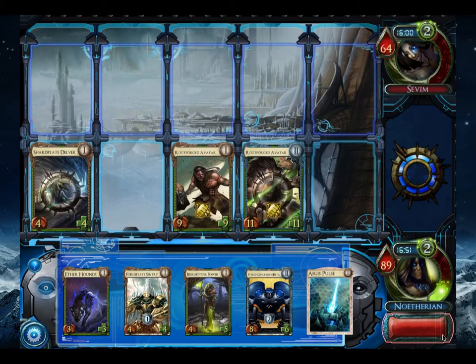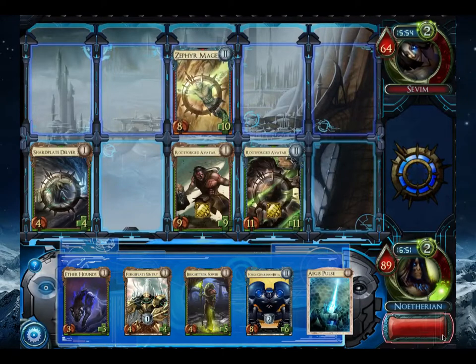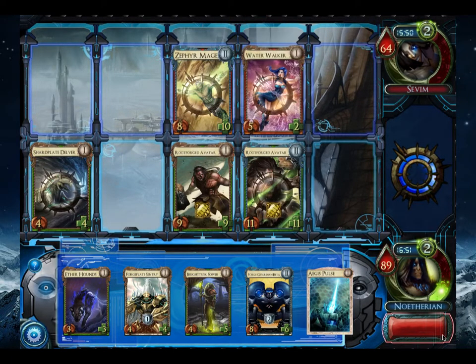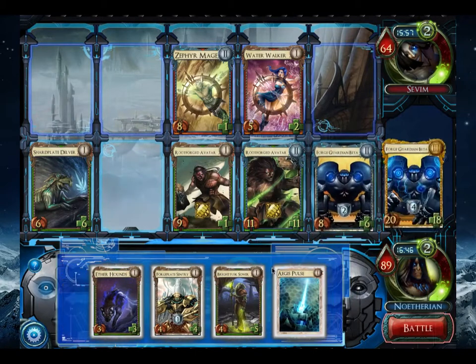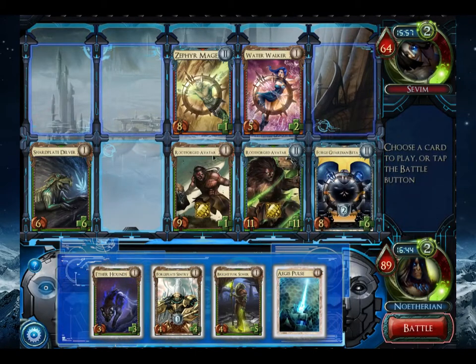Probably the play here is the Forge Guardian Beta. It blocks with a Zephyr Mage, so he's not going to be able to activate that. And I think I want to leave the middle lane free in case I draw my Nexus Pilot next turn. So,